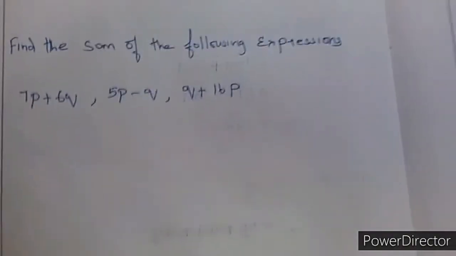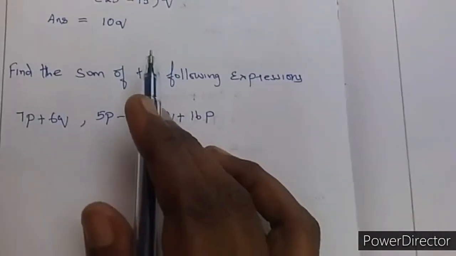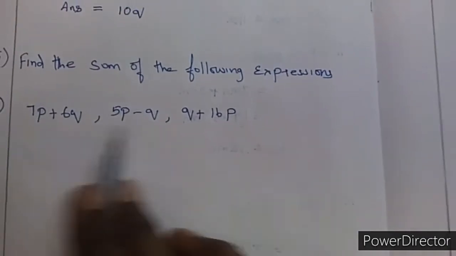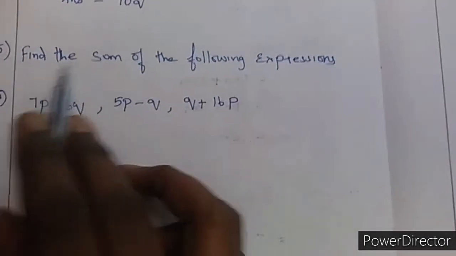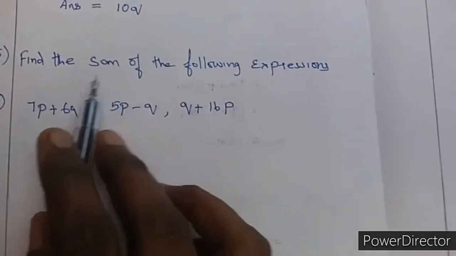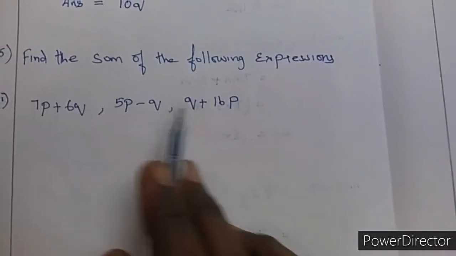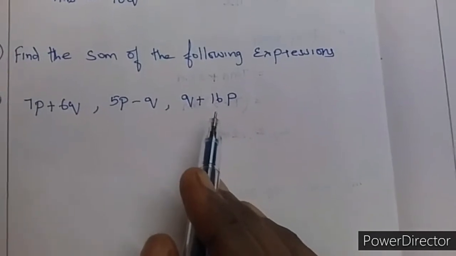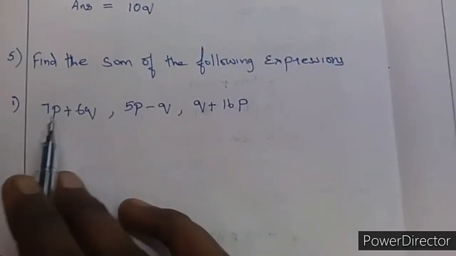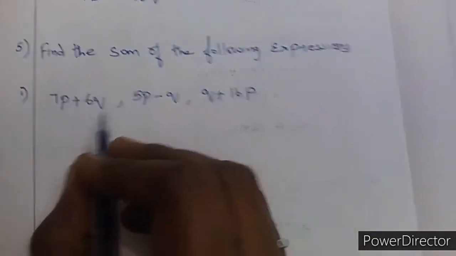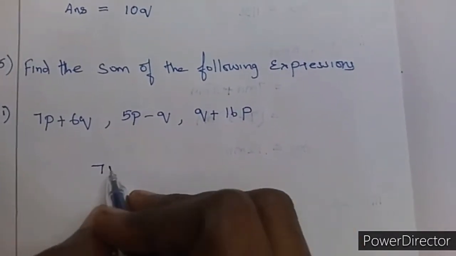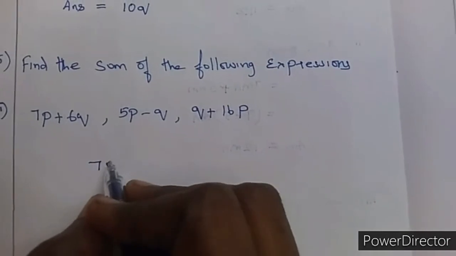Let's move on to question number 5. Before the sum, we are adding or subtracting the terms. Here in this given question, they are given as expressions. Find the sum of. Sum of means we have to add these 3 given expressions. First, we will arrange the like terms equally. So, now here it is. First 2 expressions we will take. We will arrange the answer. We will arrange the question.